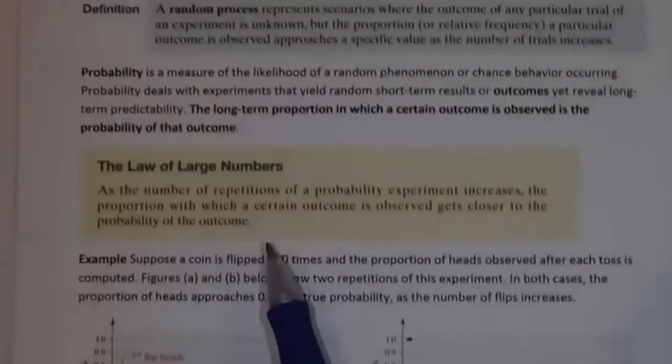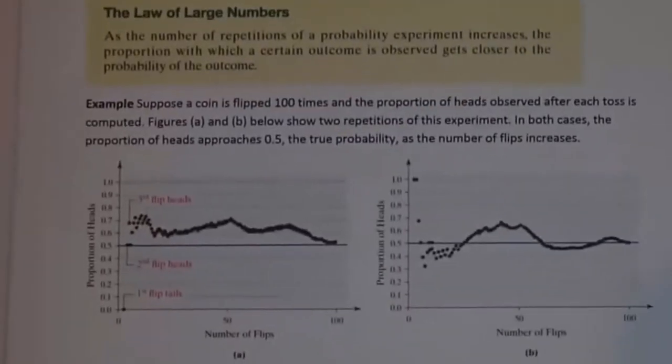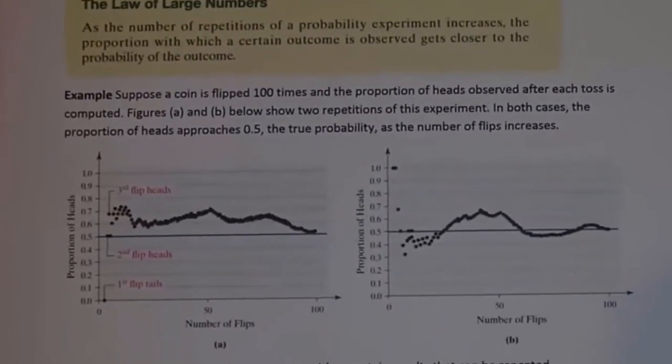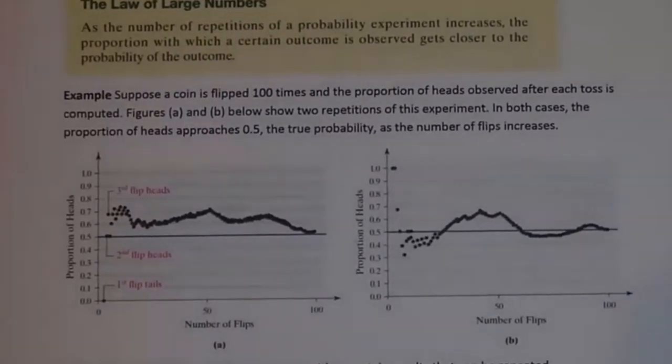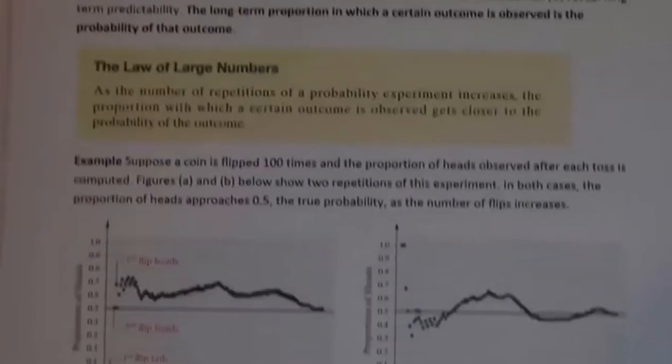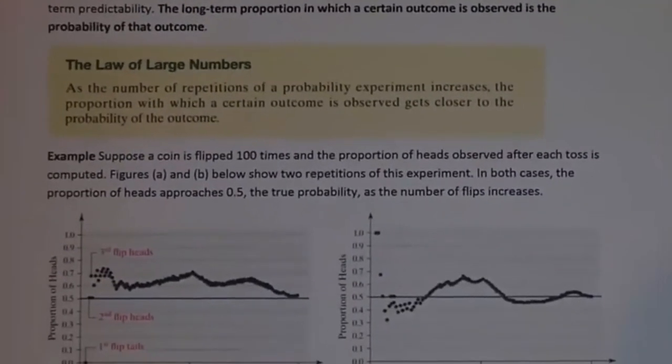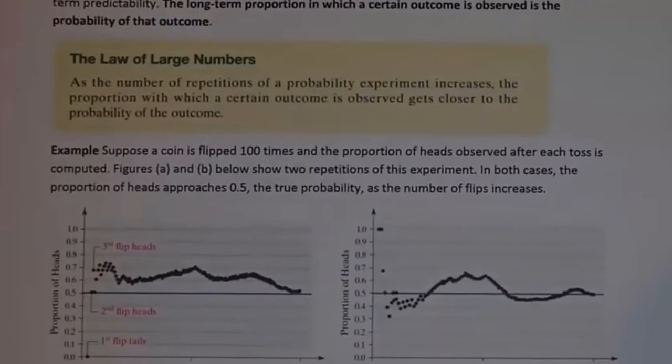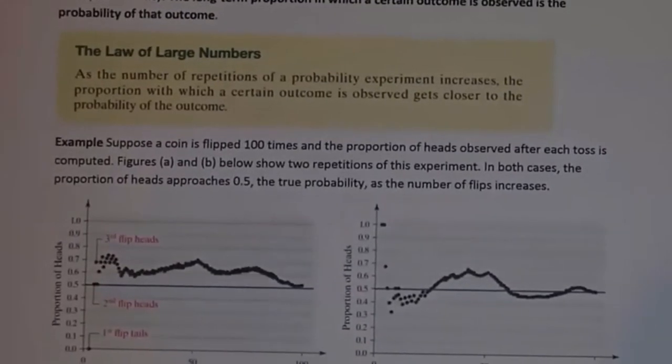So again, this is illustrating the law of large numbers. Whatever the probability is, if you keep repeating an experiment for that probability a large number of times, you're going to approach the true probability. The law of large numbers is how industries such as casinos are guaranteed profit. Casinos know the probability of you, the gambler, winning or losing a game, and they structure their bets in a way that they have a slight advantage.